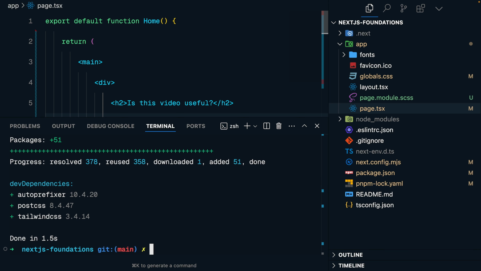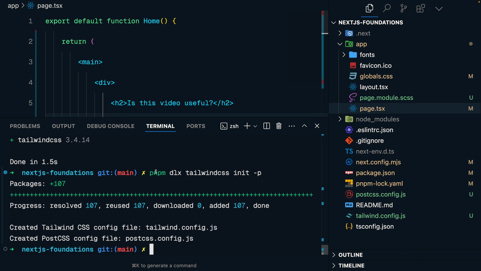Then we need to configure Tailwind CSS in our project. So I'll execute this command: pnpm dlx tailwindcss init, and then I'm also going to pass -p so that it also creates a PostCSS configuration for me. If you're using npm, the command for you would be npx tailwindcss init -p. After executing this command, we should have two files,